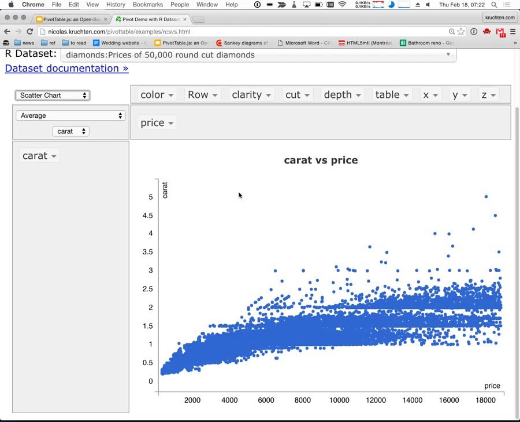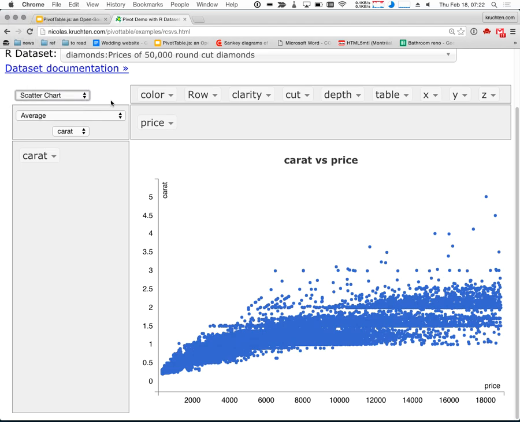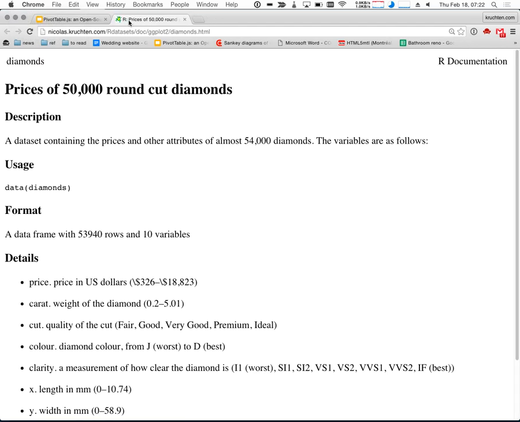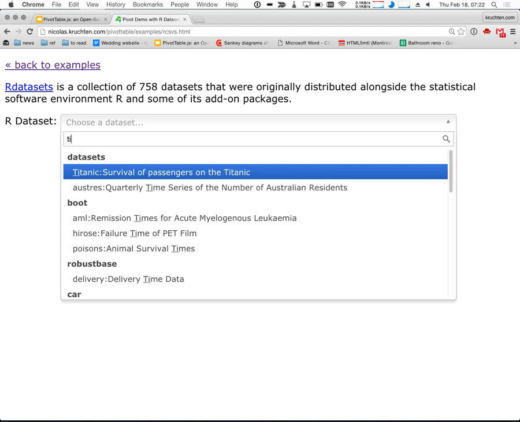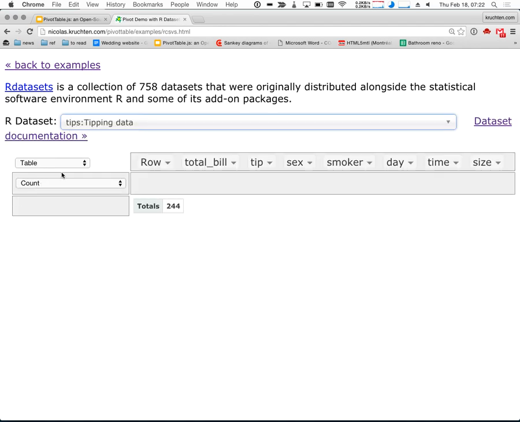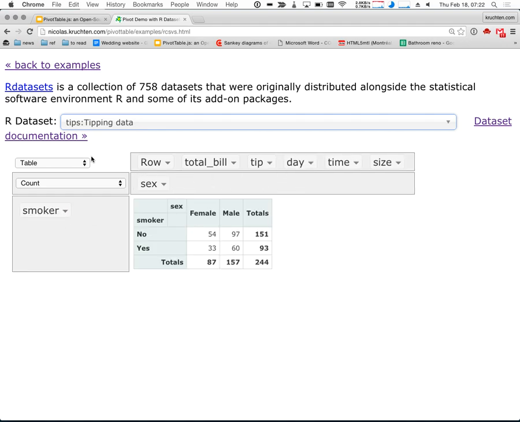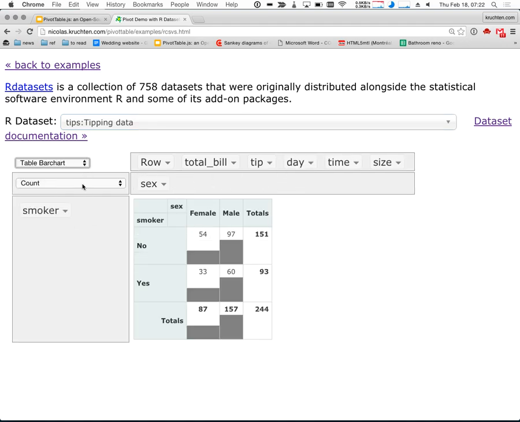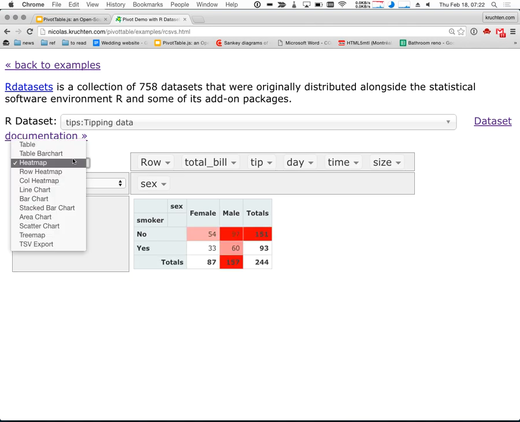Yeah, so everything that's in here, this is called the renderer menu. Sorry, that's not what I want to do. Let's get back to the tips data set here. Everything here in the renderer menu controls how this will be rendered. So this is the table. You've got a table bar chart, which makes little bar charts here. The heat map I showed is also a renderer. And then all of the charts here are